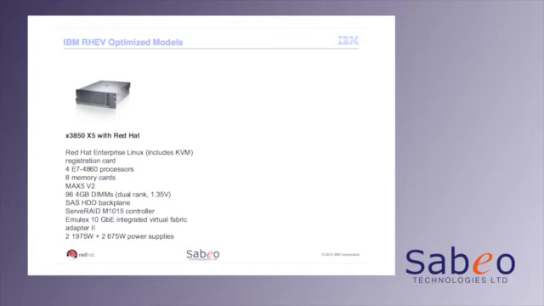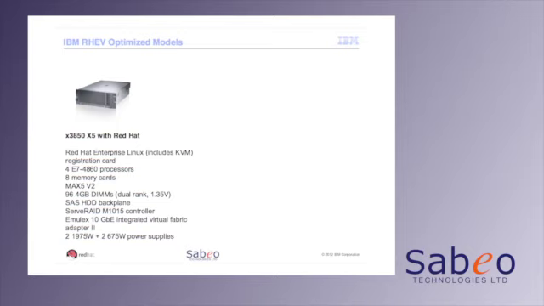So basically it's what I've already told about. It's the 3850. This one already comes with the KVM registration card. It already has 2 pre-selected processors. These are 4860s. It comes with all the internal memory cards, so all 64 DIMMs internally. You have the Max 5 as you see in the next line, so you're up to 96 DIMMs. We ship that box, as it says, with the KVM, the 4 processors, the 96 4 gig DIMMs with the